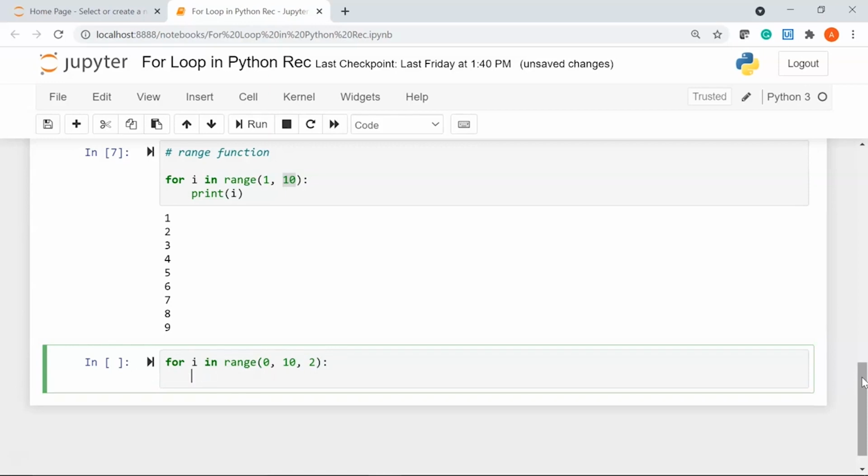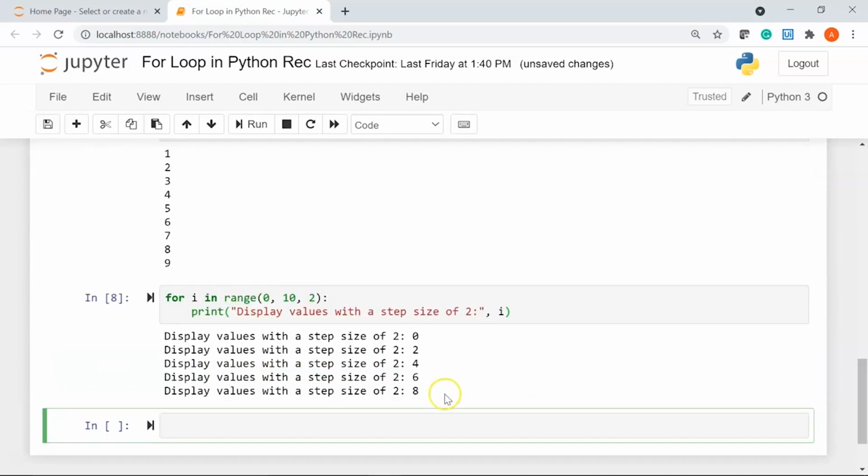I'll say print display values with a step size of 2. Give a comma here and my variable, that is i. Let's print it. There you go.